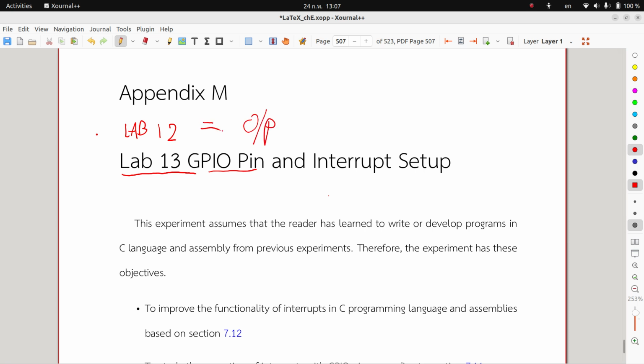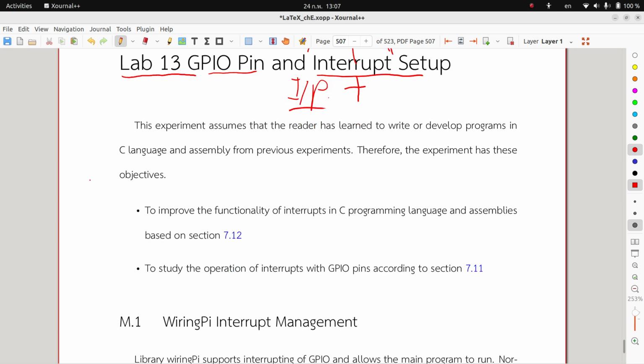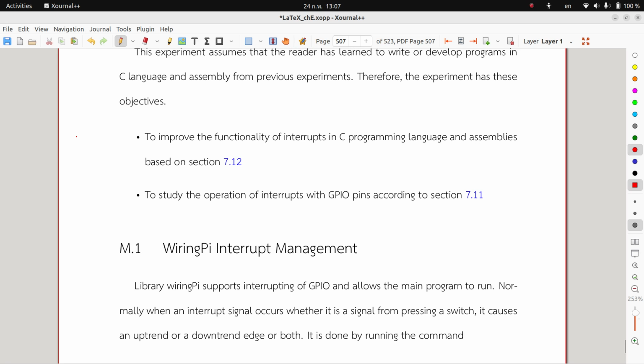But in Lab 13, we are going to use GPIO as the input, and we are going to add some more interrupt. Okay, what is interrupt? We will learn about interrupt in chapter 7. And let's see. We still use wiringPi as our library,